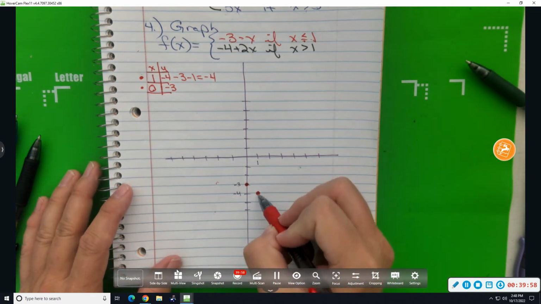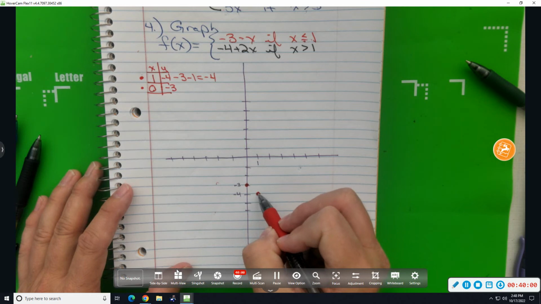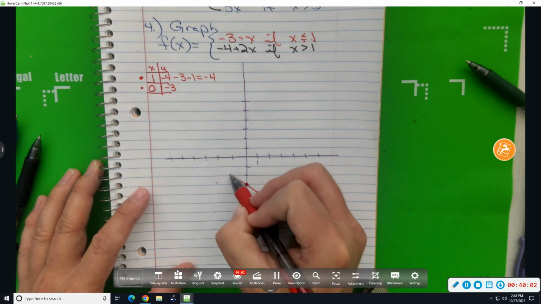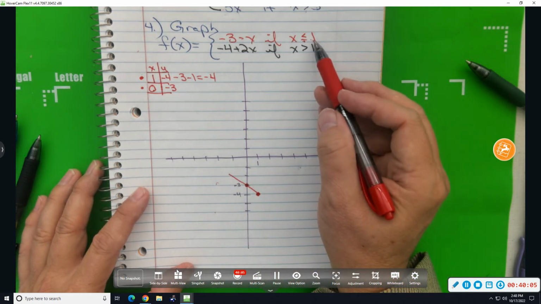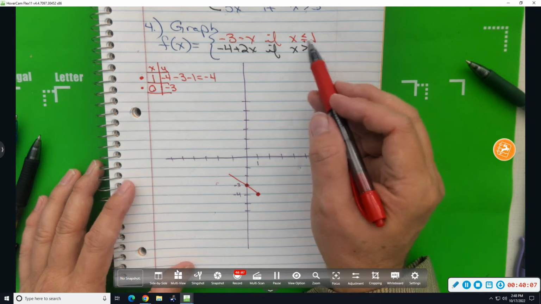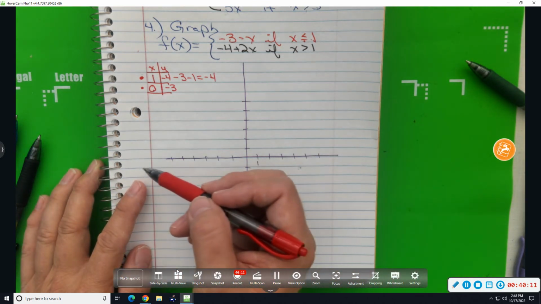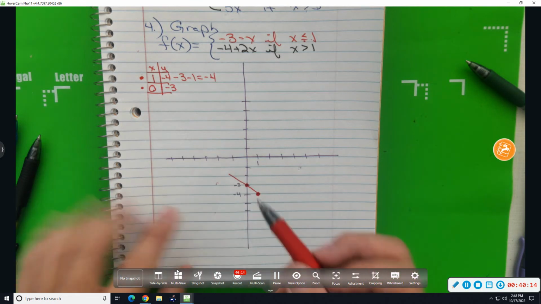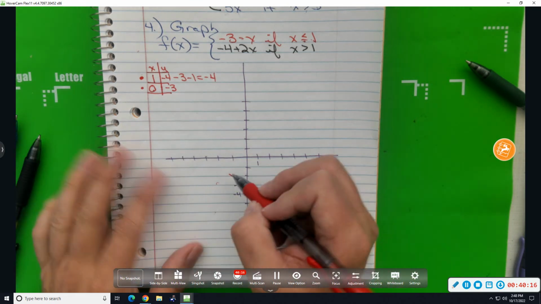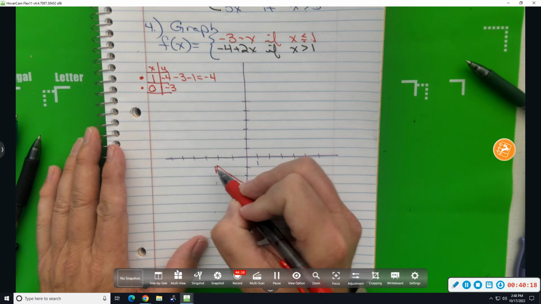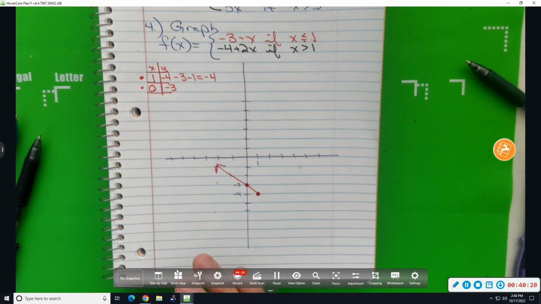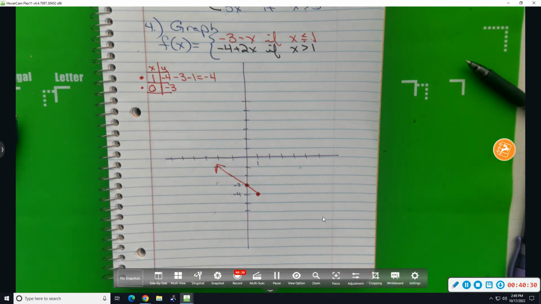Here's the cut point. The graph starts going in this direction. X less than 1. Does that interval ever stop? It's at 1, going to the left. Does it stop? So the left side of the graph can't stop. That left side, put on the arrowheads. And now the black piece,